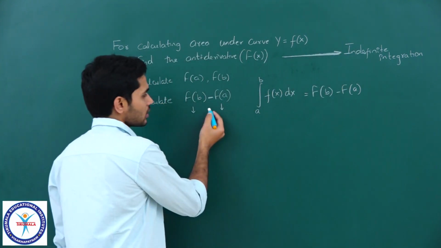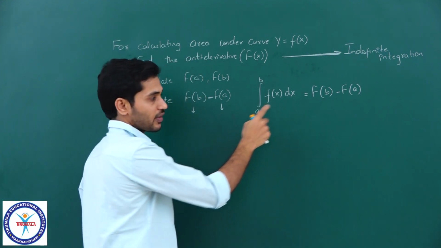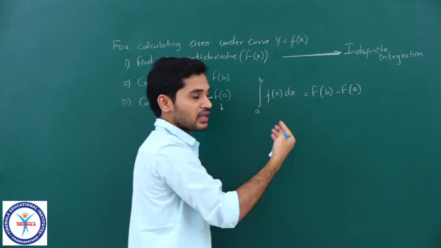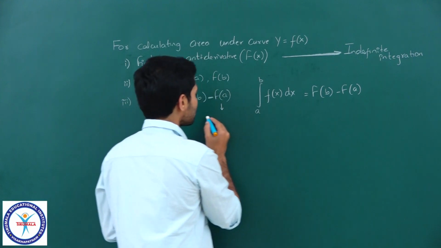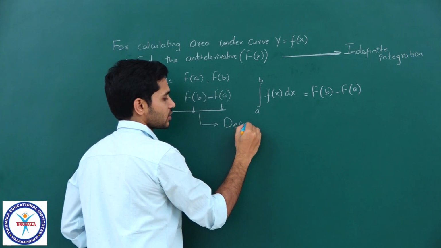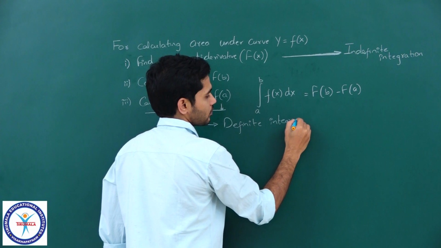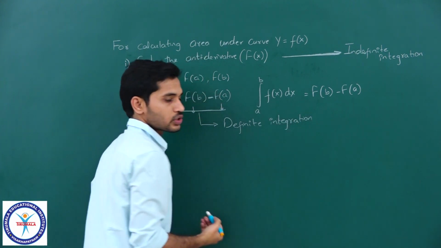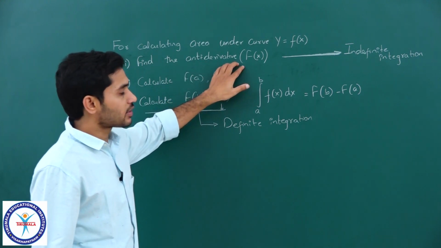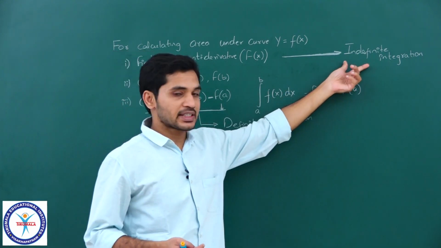And similarly this last step which I have written, if we substitute the limits, if we find the upper limit of antiderivative, lower limit of antiderivative and then subtract them, so if I perform this operation, this is basically called as definite integration. So these are just the names which we will be using for those. So remember that if I am just calculating the antiderivative, indefinite integration, and I guess you can understand why we call it as indefinite integration.